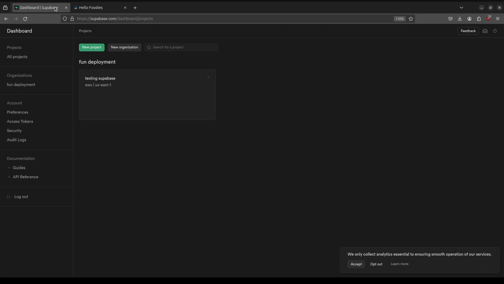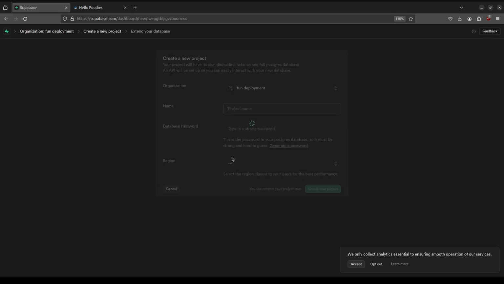Let's create a new project. So we'll create a new project under the same organization and we will name it Foodie App. Remember, this is going to be a password and it needs a strong password. I will just generate a password for now. This is, once again, review, the password for this database only. So the previous database that we created in the testing Supabase project has a different password. This database will have a brand new password. So I'll generate it